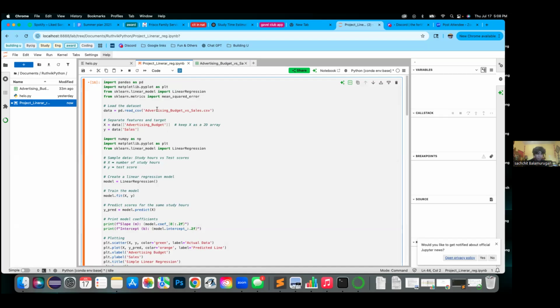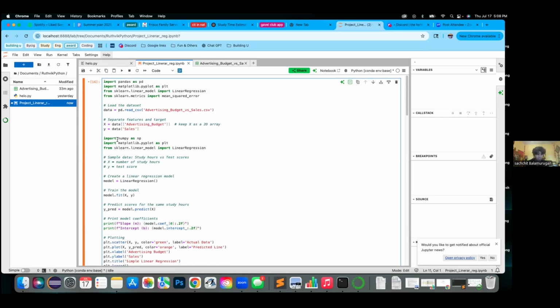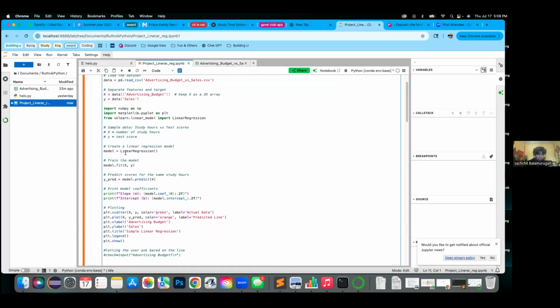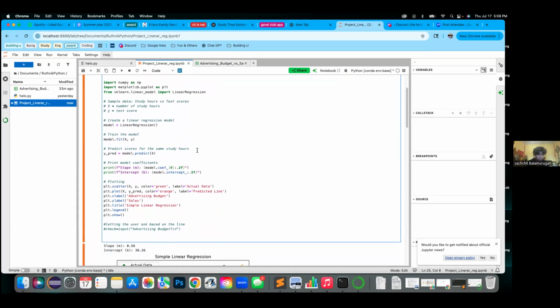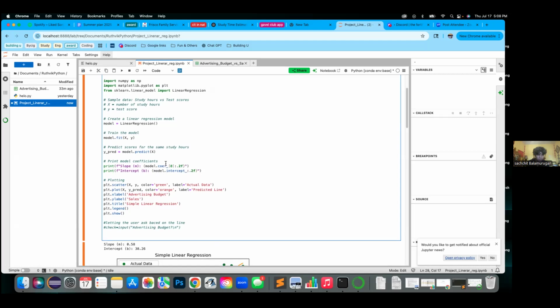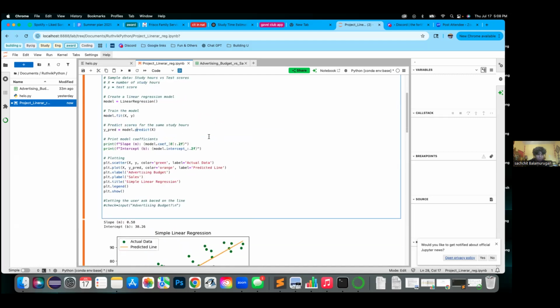Then this reads the CSV and puts it into data, and it uses that data to get the columns into two variables. Once we have those two variables, it trains the model and fits here. Then it predicts, and using that prediction it makes this line that you see down here.